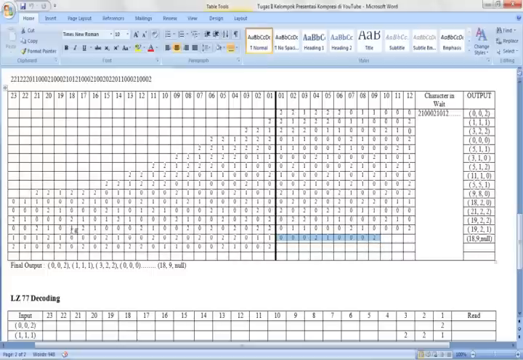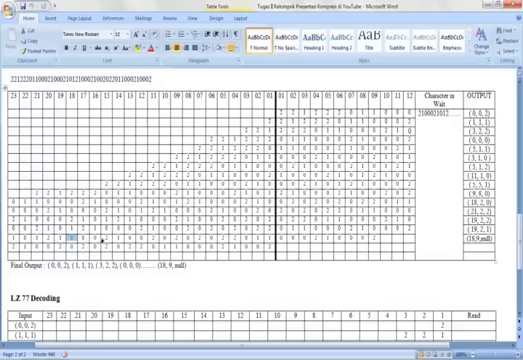Okay, and also here from 18, 1, 2, 3, 4, 5, 6, 7, 8. There are differences here. Let's see. This is 0, 0, 2.